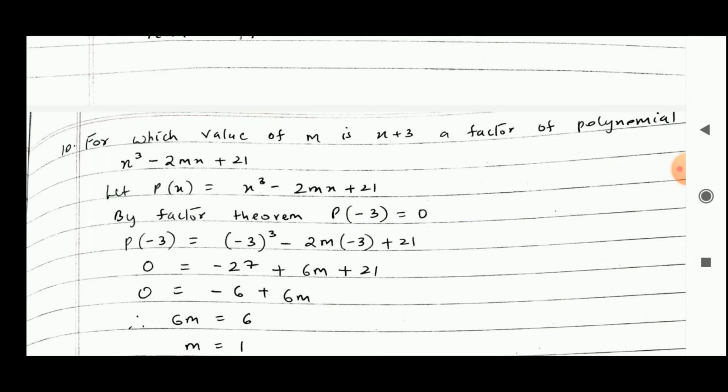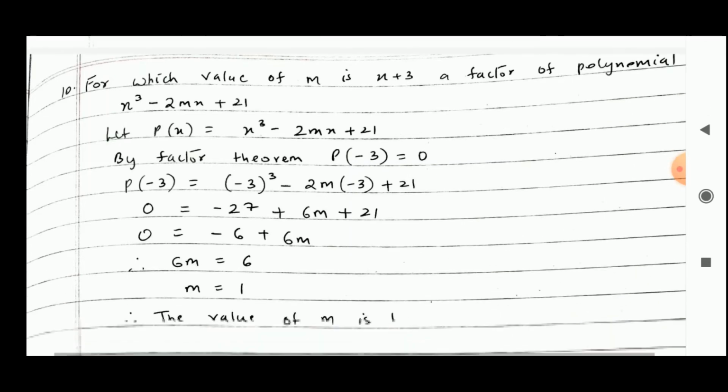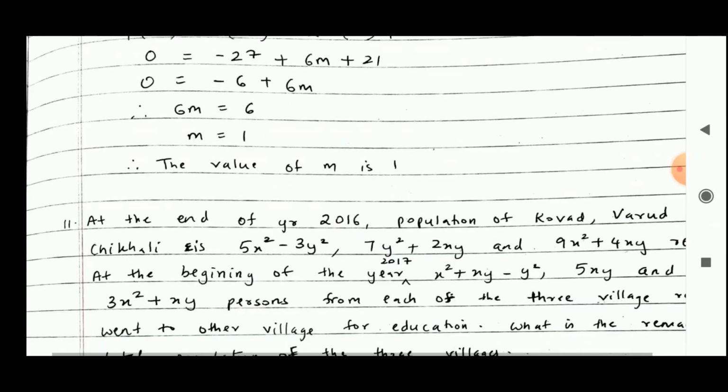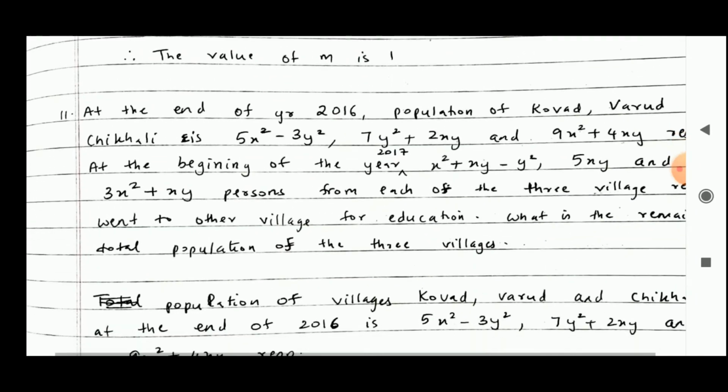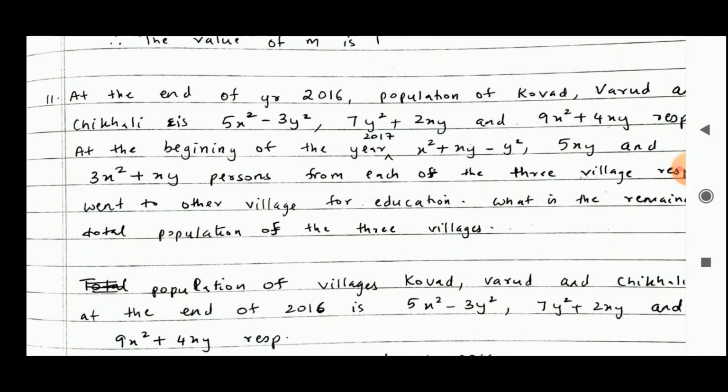9 into minus 3 is minus 27 plus 6m plus 21, put it equal to 0. So m is equal to 1. So the value of m is 1. So at the end of the year 2016, population of Covert, Varud and Chikli is